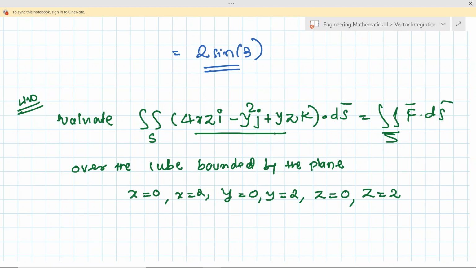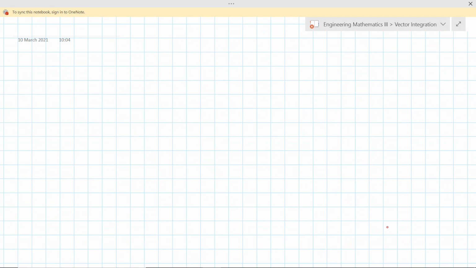It is the same as the previous one, but here del dot f bar is 4z minus y. We cannot separate the three integrals as before, so you need to apply the limits one by one and find the answer. The answer to this question is 24. Just check it, this is for your information. Try and check whether it is the same or not. So the answer is 24. Now let us see one more example on this.